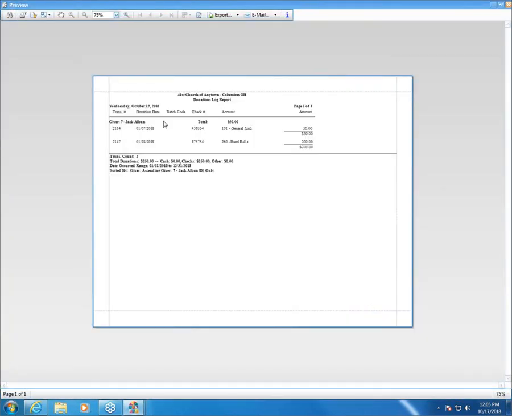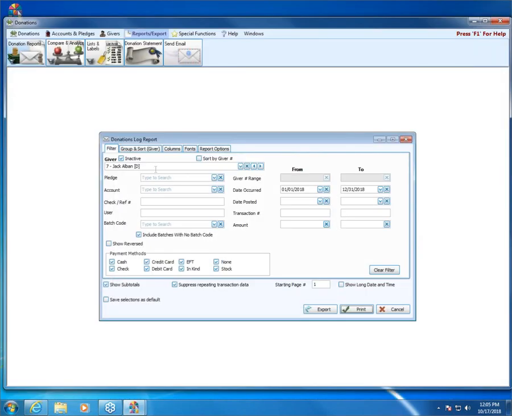Here we go. So if we just pick one person, for example, we just picked Jack, we can see just the giving for Jack within the date range. Okay. So that's how that giver box works. Pretty straightforward. You pick one person, it's going to show just that person's giving within the date occurred over here